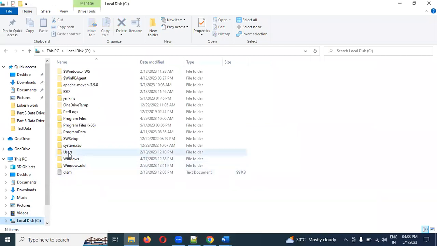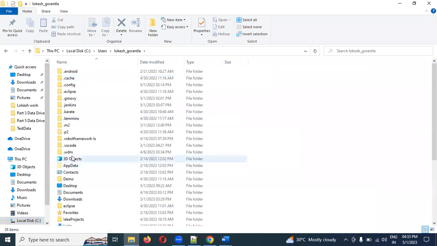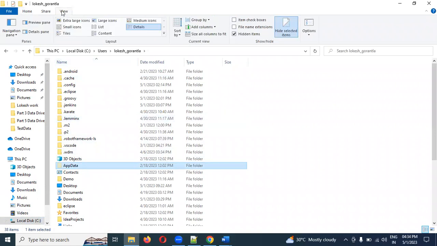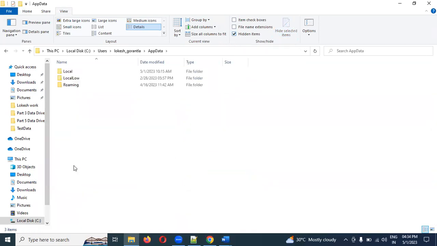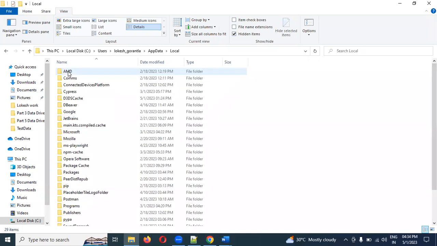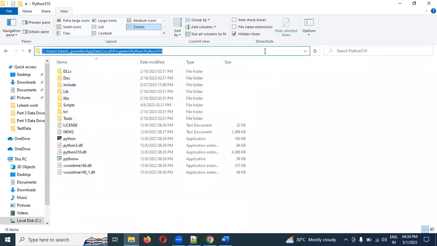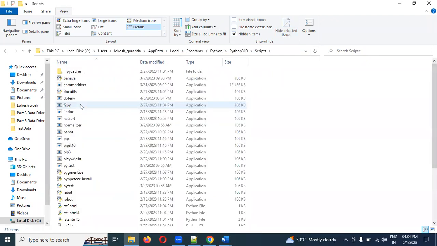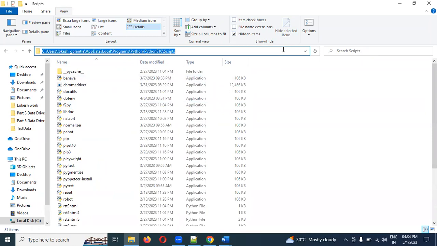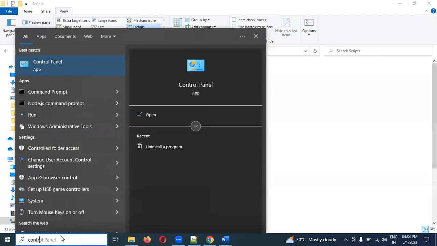C drive, users, user, AppData. This AppData is basically a hidden folder. You need to click on View and check the hidden items box, then it will display. Once it is displayed, click on it and go to Local, then Programs, then Python, and there is our folder. Copy this path into a notepad. Then click on Scripts and copy this location. Once you have copied both configurations,